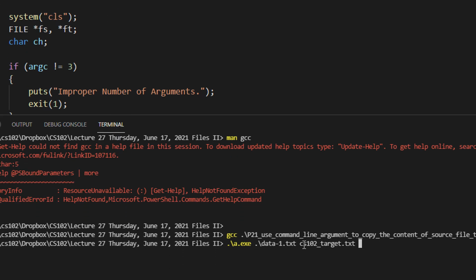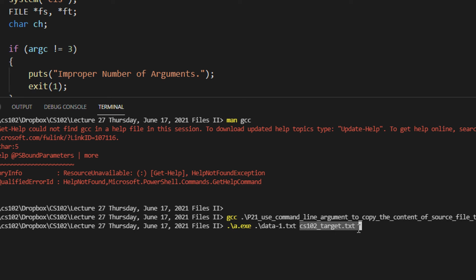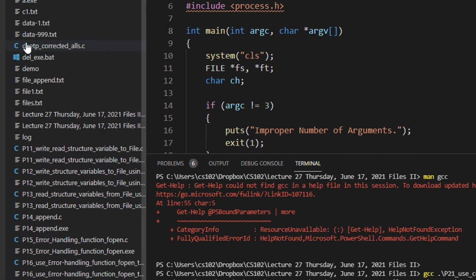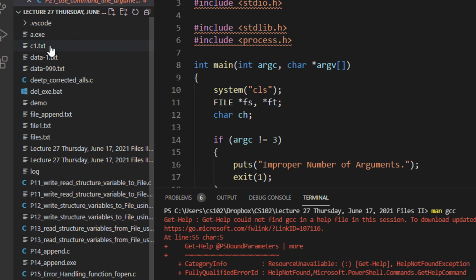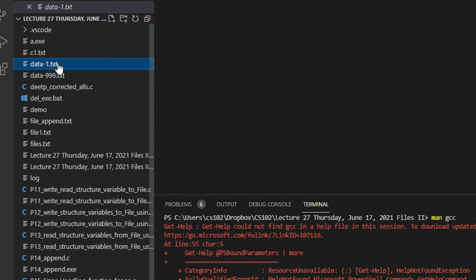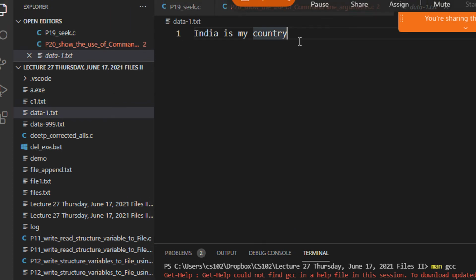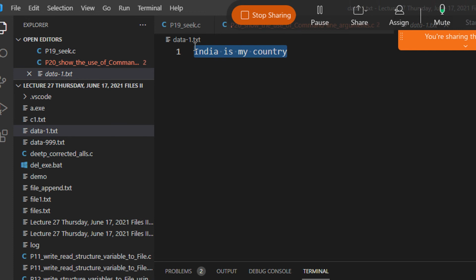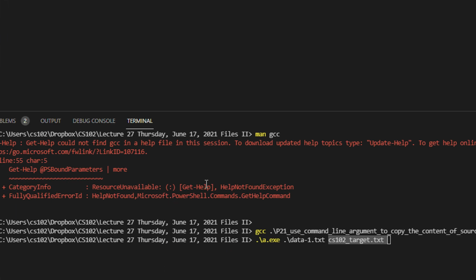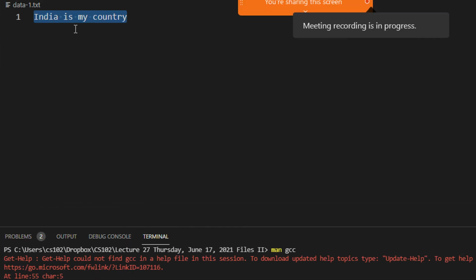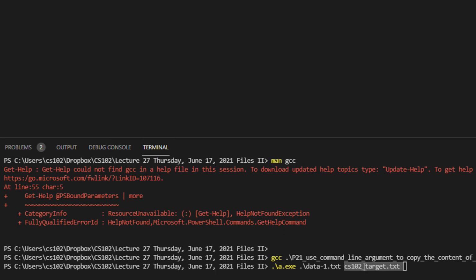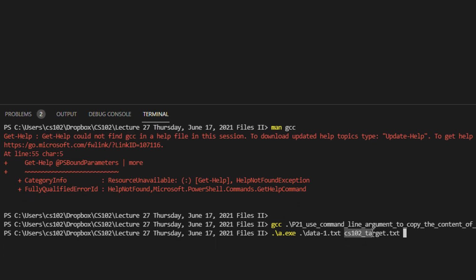The target file in this case is cs102. As you can see, cs102 is not yet created, we have c1 only. Let us see the content of data1. The content of data1 is India is my country. So what this code will do is copy India is my country into a new file known as cs102 target.